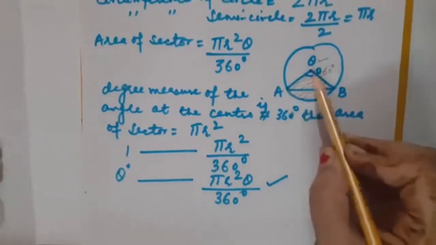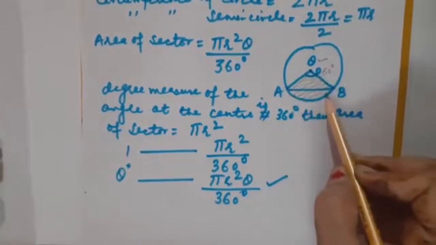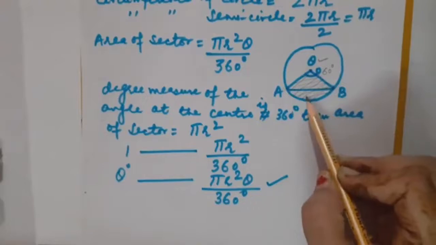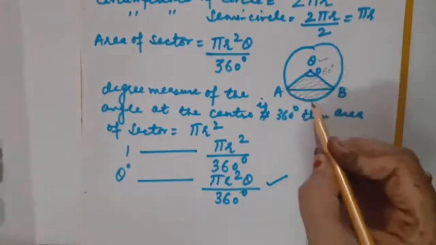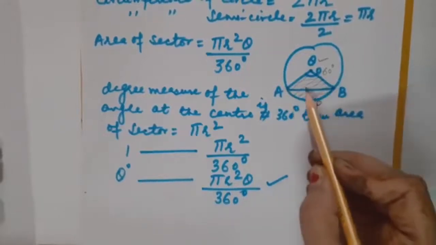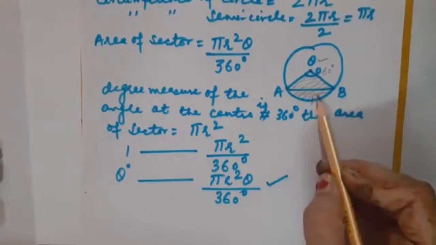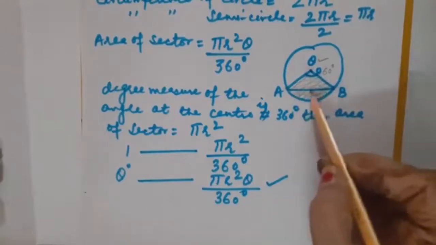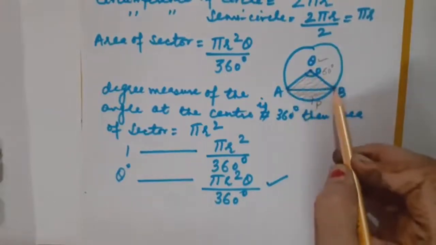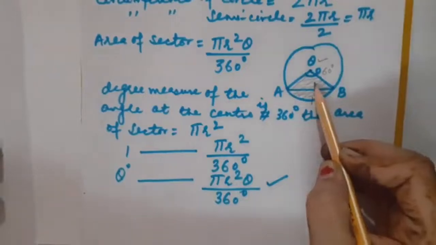Going through AOB and again reaching A, this was the complete sector. But when I joined AB, I got a segment over here. You can see that this is a segment. You can give the name P, so it would become APBA. So this is the segment, the complete figure is the sector, and AOB is the triangle. Now, how to calculate the area of the triangle in this case?